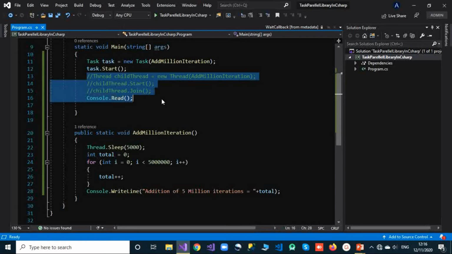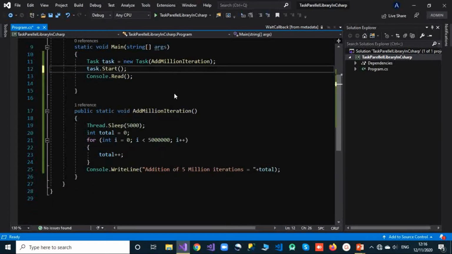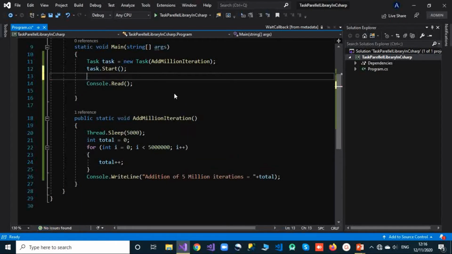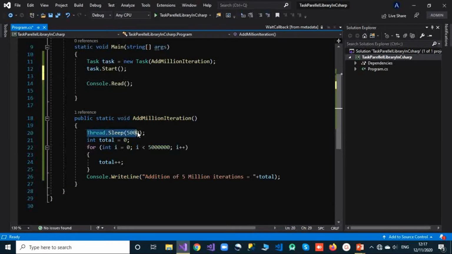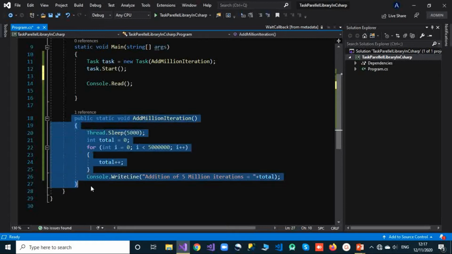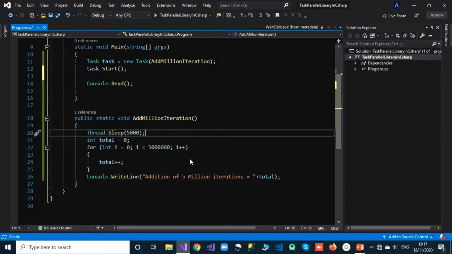Okay, now let me just get rid of this code from here. Let's say what I want to do. Now we know this method is going to sleep for 5 seconds. That means we are considering that this method takes 5 seconds to complete its work. But until then we want to show something on the console to make our application more user responsive. We want to show the user a message that the method is in process, and it will shortly show the output. So this kind of message we want to show on the console.